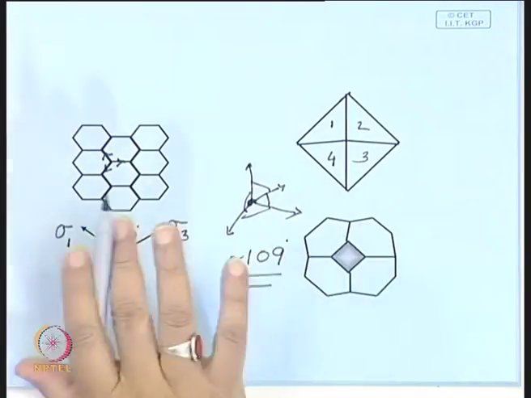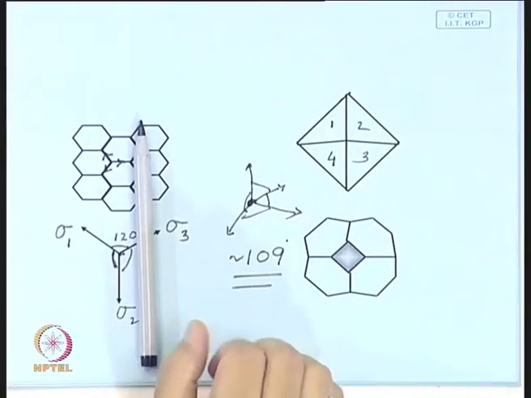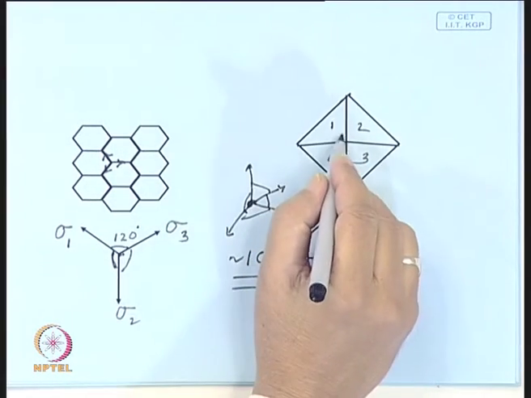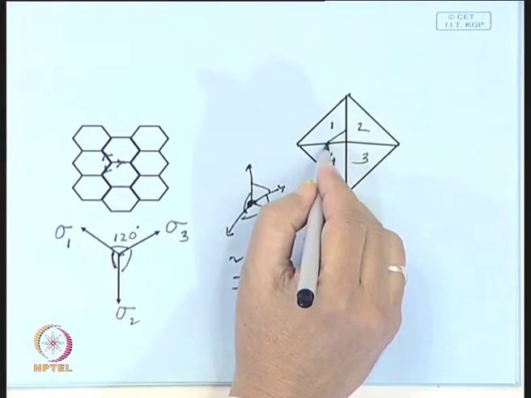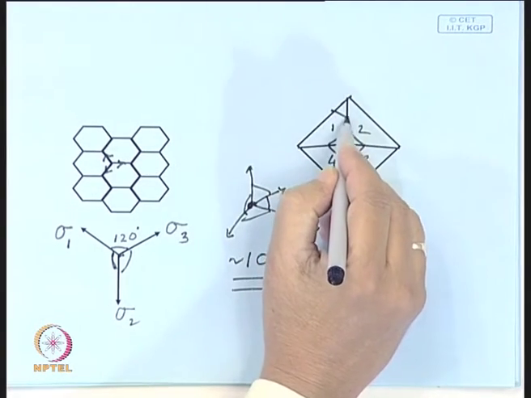So, to maintain both these, the shape of the grain should be such that it should fill up the space, and at the same time wherever these grains are meeting each other, there will be these lines formed, and wherever these 4 lines are meeting, they should be at an angle around this. To satisfy this condition, it has been found that the nearest it can do is a truncated octahedron. So, this is an octahedron and you truncate it like this. Similarly, this you truncate,